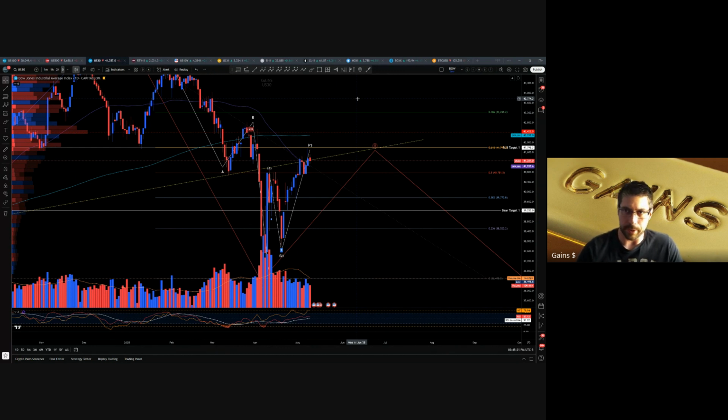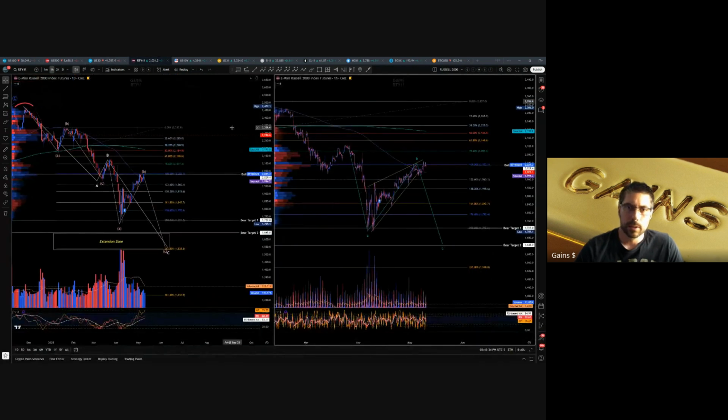You have to have the dollar going up in order to have that negative covariance with the yield in order to hold. So for small caps, about the same thing. It's sitting right at that target, which is that A equals C retrace. And these wedges, this is probably now the third time we've had a longer term wedge that has yet to roll over, but these can be really good trades.